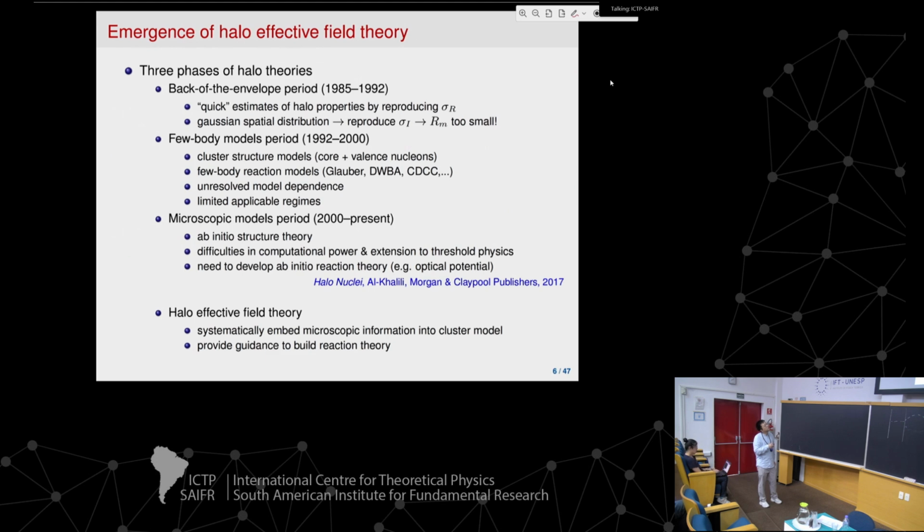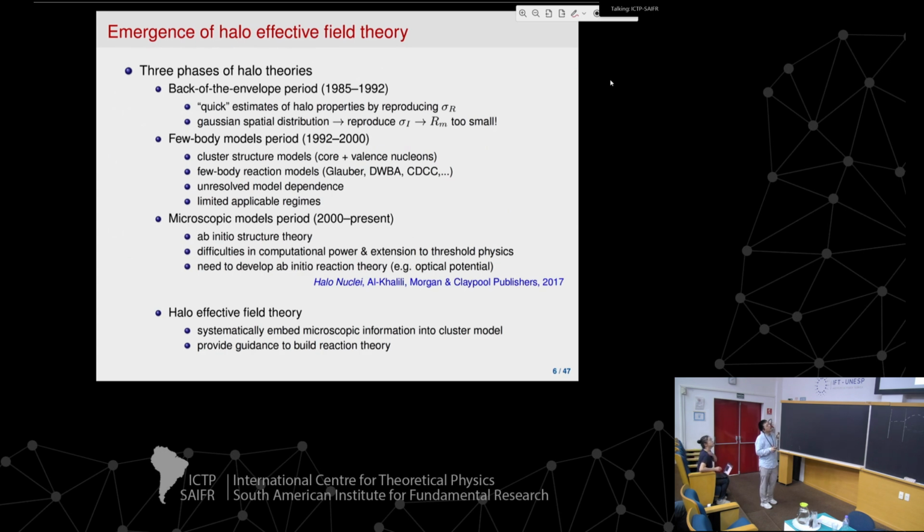So basically, you use some quick estimates of the halo properties based on your measured reaction cross sections. These quick estimates use your normal knowledge about stable nuclei. For example, you can assume the nuclei still have Gaussian spatial distributions. Then you end up with a small reaction cross section that generates a small matter radius. That can hardly explain what you observe for halo nuclei, which have a really large reaction cross section. So here you find the problem that the old theory does not give you the picture of